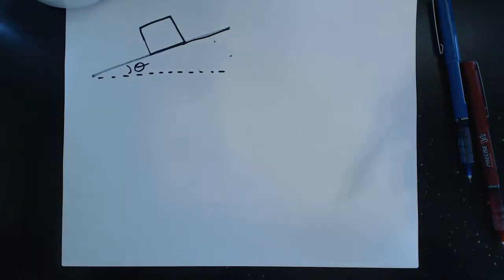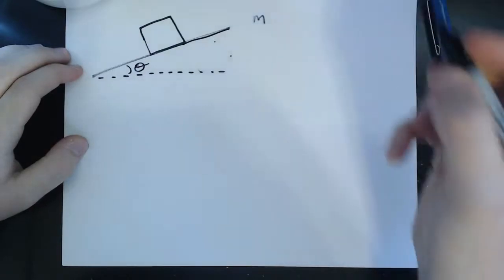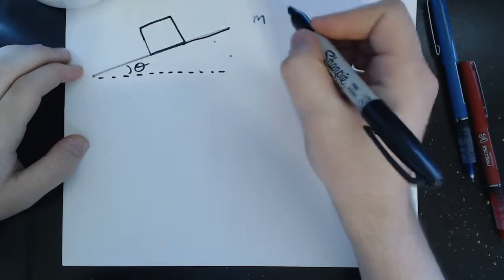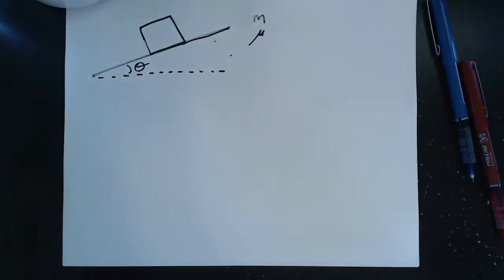And then what we're going to do is say that this box has a mass of m, right? And this surface has a coefficient of friction of mu, the Greek letter, a lowercase mu, right? So,